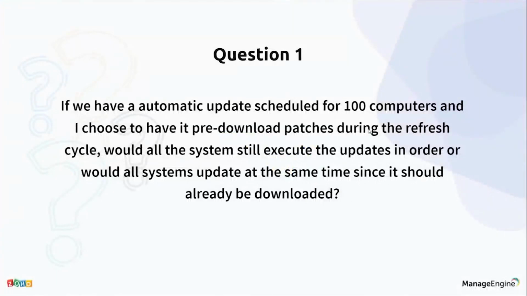If I have an automated update task scheduled, and if the pre-download of patches is enabled, when exactly is the patch installation going to happen? The concept is, if we have enabled the agent to pre-download the patches, the agent is going to download all the required updates and store them locally on the client machines. Once the deployment window starts, all the machines will start to focus on deployment, thereby reducing the time taken for the download. This is the main reason to enable this feature, to initiate the deployment during the scheduled deployment window time.